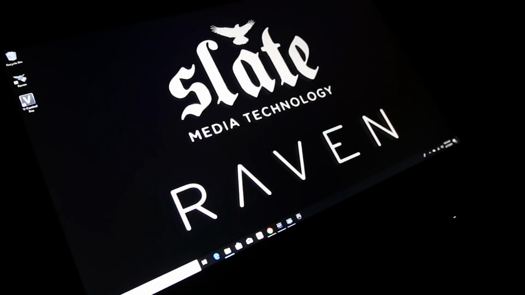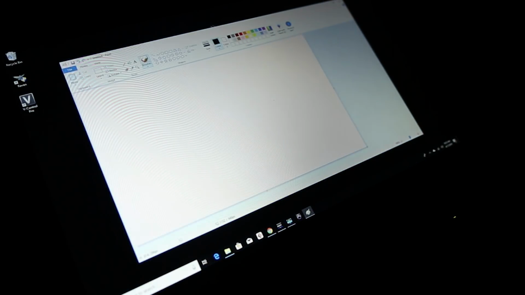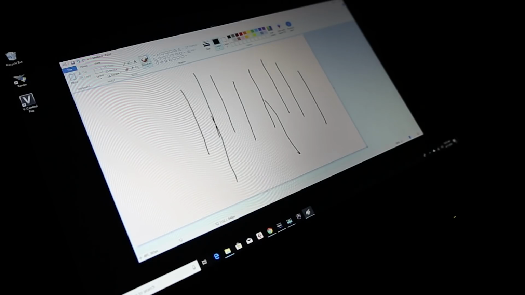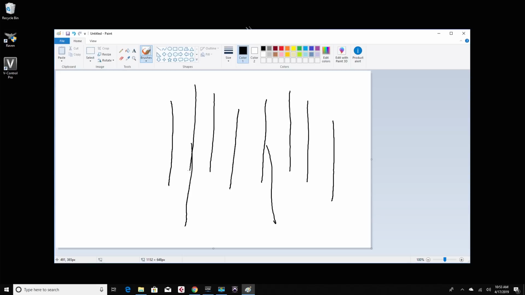To confirm multitouch is working with UPDD, open the Paint application and draw with multitouch. If users cannot draw with multitouch, there may be a permissions issue and further troubleshooting steps will be needed. Please check out the support article on unlocking Windows native touch with UPDD if this is the case.